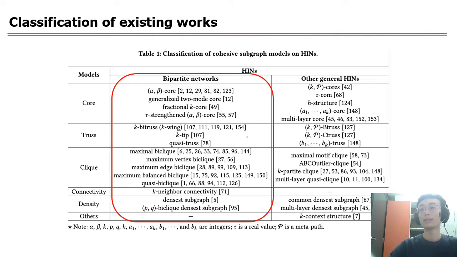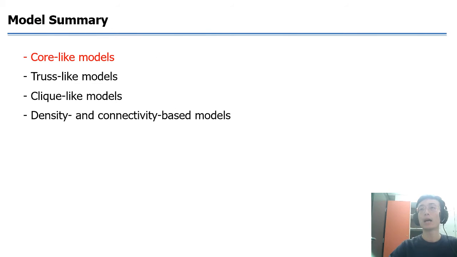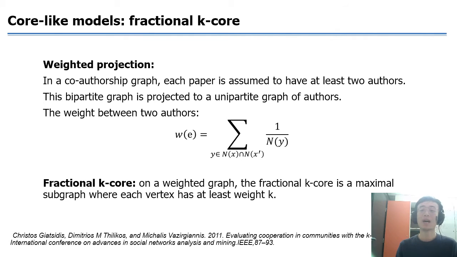As shown in this table, we classify the cohesive subgraph models on bipartite networks into 5 categories, and I will introduce each of the categories one by one. Firstly, I will introduce core-like models. The first model I would like to introduce is called the fractional k-core, which is originally designed to handle author